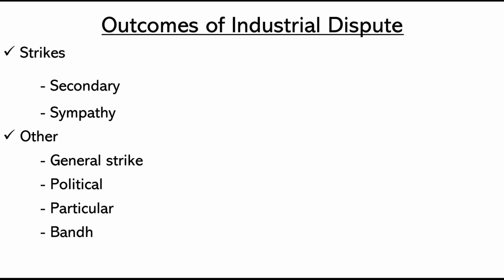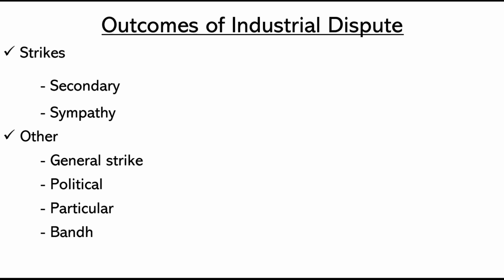Now next is the secondary strike. In a secondary strike, this is what I was telling, the sympathy strike, mostly it does not happen in India. I'm sorry, it happens in the US. So mostly what happens is that they will influence someone who has good trade union relations with the management, and they try to cause some kind of business losses to the management. Okay. And this third party does not have any kind of involvement in the strike. That is the sympathy strike. Now next are some other kinds of strikes that happen.